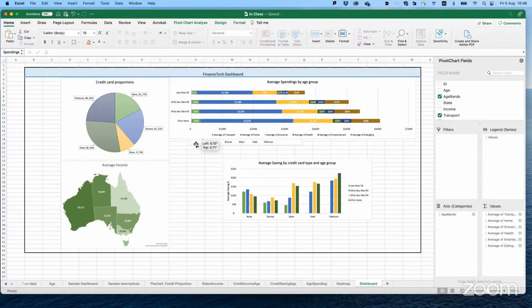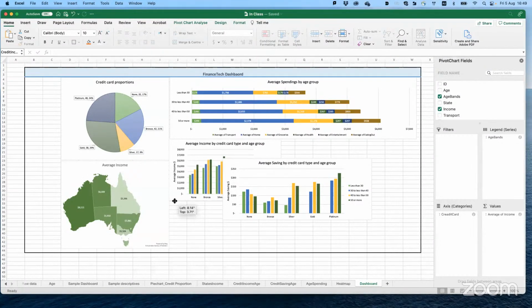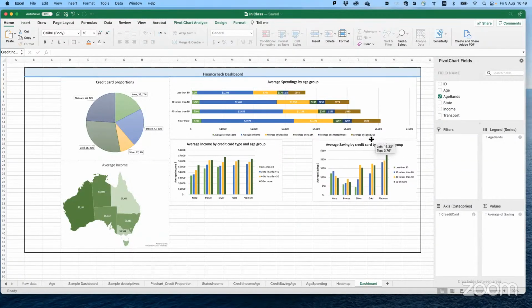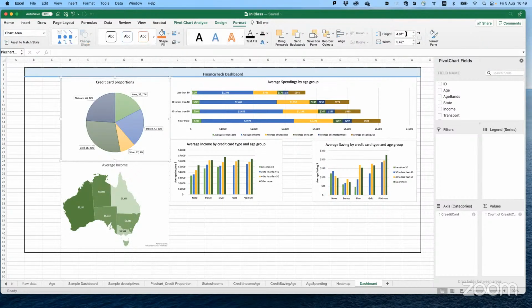Guys, I know that with your assignment, you are going to put it in a meaningful way. I'm just randomly putting them. You can put it in a more meaningful way. You can make them nicer, more appealing if you go to format and say that the first one is 4 by 5.5.